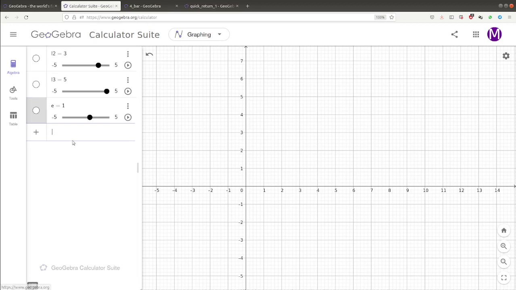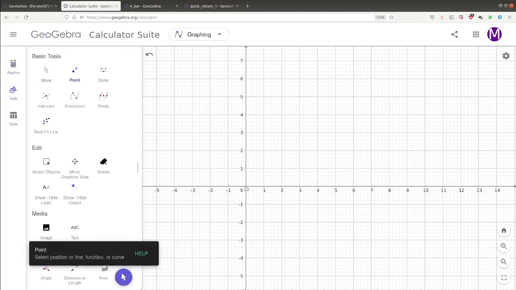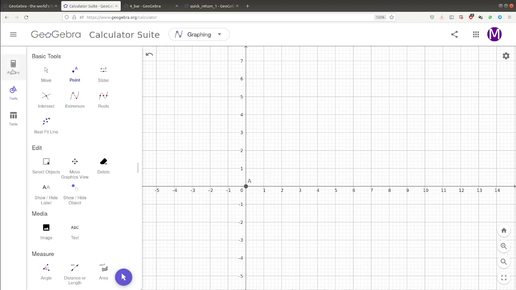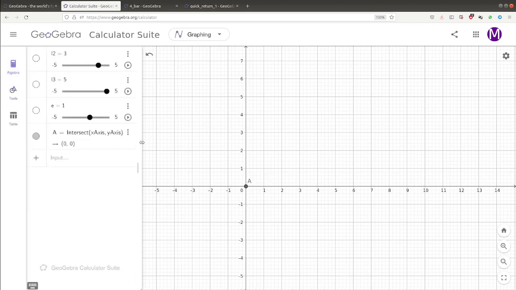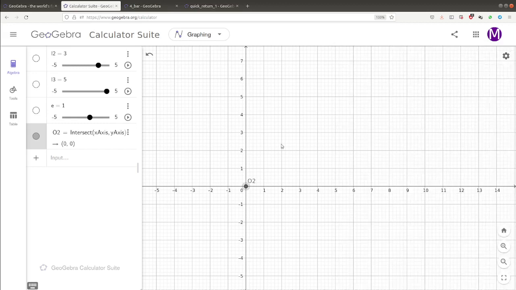Now, this O2 point is going to be at the origin. It can be anywhere, but I would like to have it at the origin. Let me change the name to O2. Fine. Now let's say the theta value is going to be 60, so I'm going to identify the point